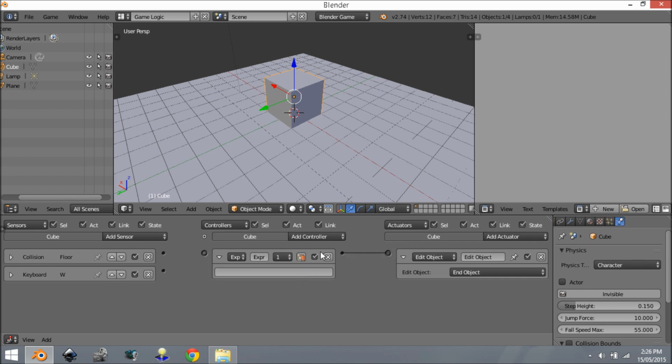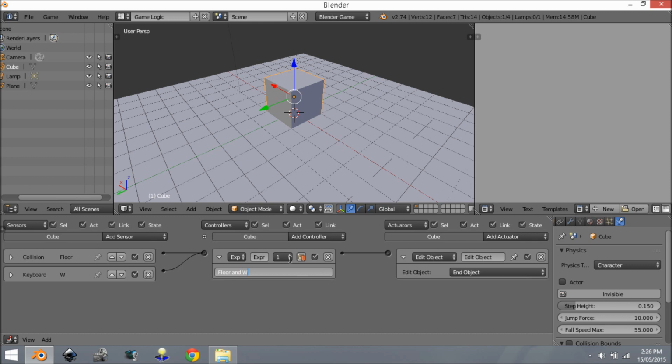So if we connect this up, and we connect Floor and W up, we can run an argument here. We want to say if we are colliding with the floor, which we will be, as you can see it was deleting before, and W is pressed, then we want it to send an output and play our sound. But for now we're just going to be deleting it because it's easier to see. So let's type this in. You're going to go Floor,